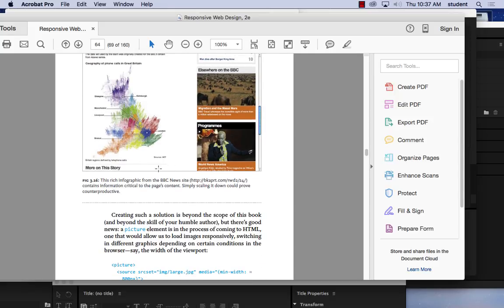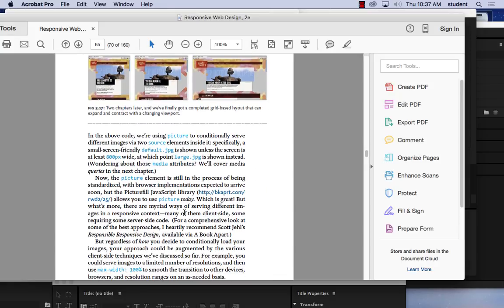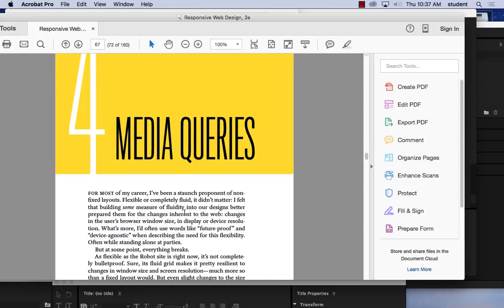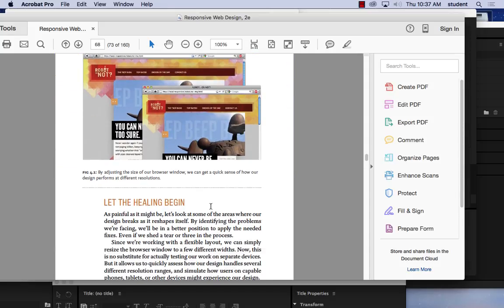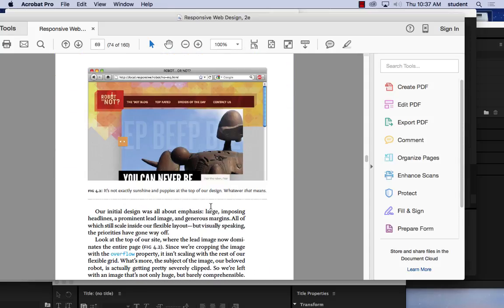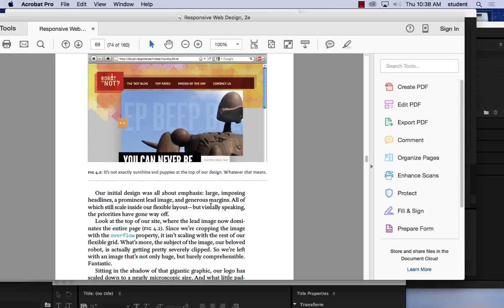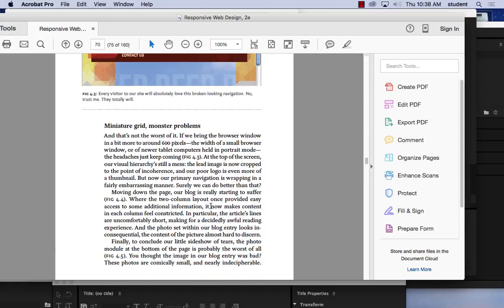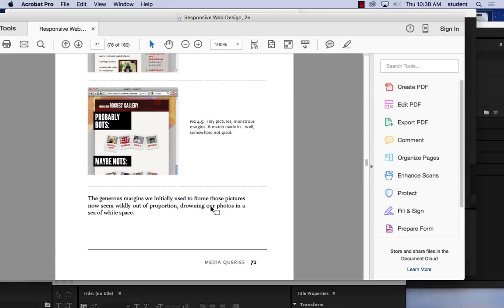And they talk about why you might not want to use that here. And then they move on. Then they go into the media query in this book of how to do the media queries. They talk about using the screen, right? We did talk about that, I think, last class. Jennifer was showing something about screen too, right? Remember last class you had screen in yours, right? So they do talk about using both screen and